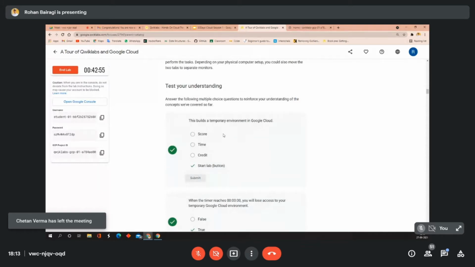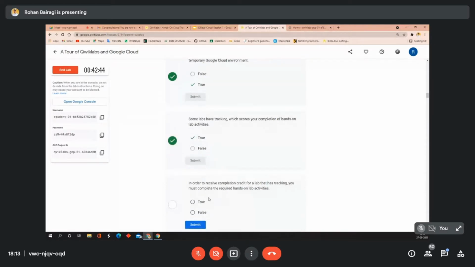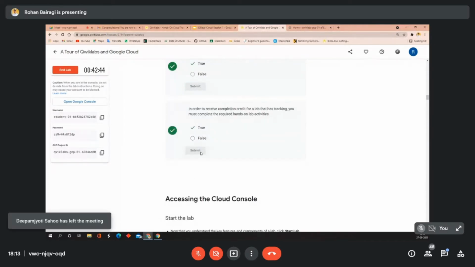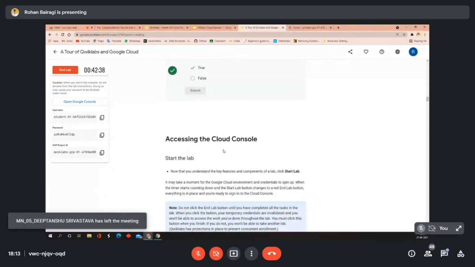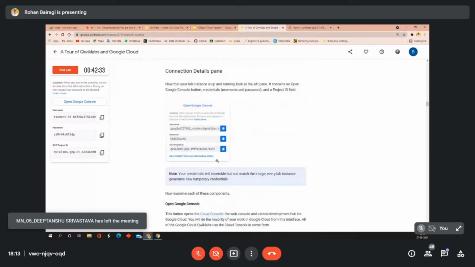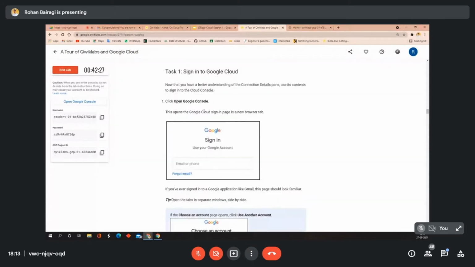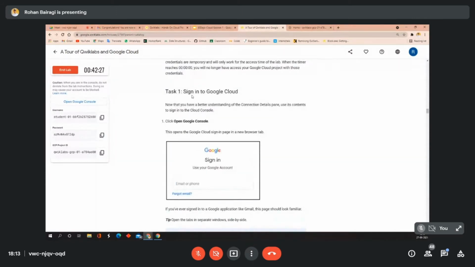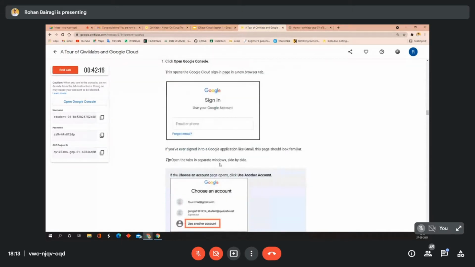You can just follow me. These are very easy, and you have to complete these things. Just follow what I'm doing. These are the steps for how you can log in. Like task 1, sign in to Google Cloud, and the first step is to click Open Google Console. This is the same thing which we did 2 minutes earlier.